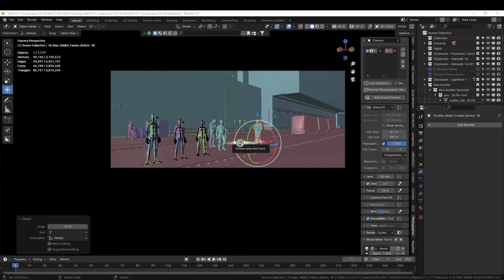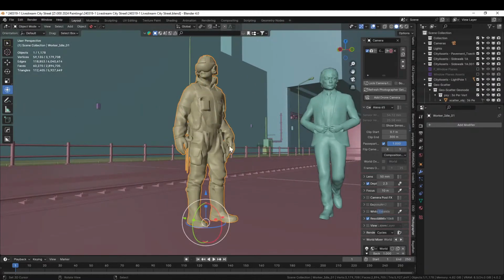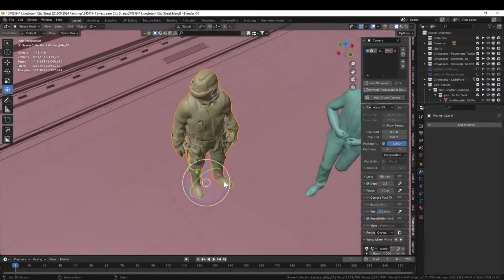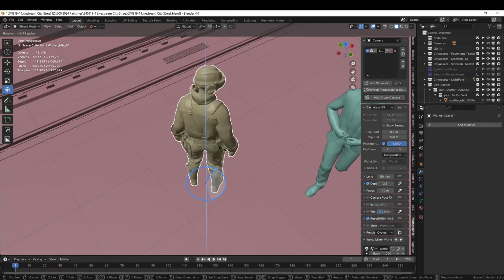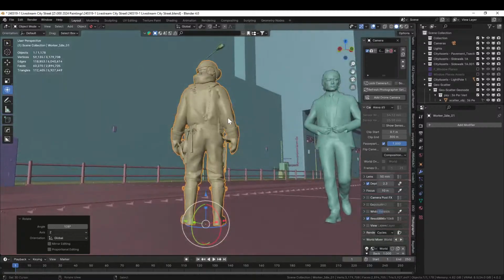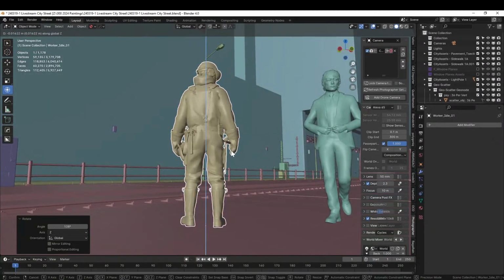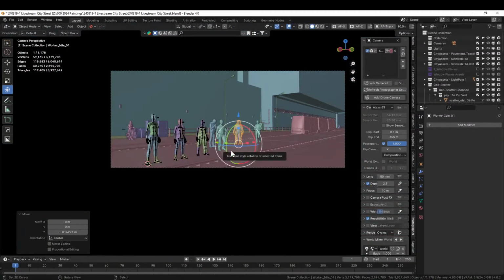And bring him in there. Cool, yeah. And we have him looking at the train. Okay, and